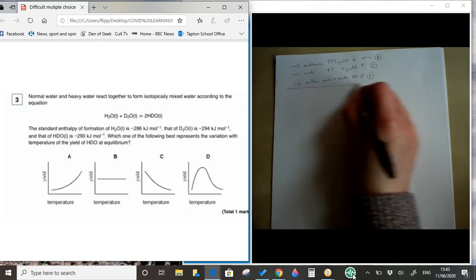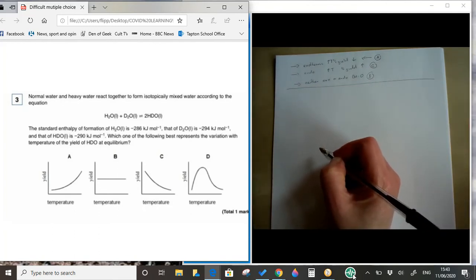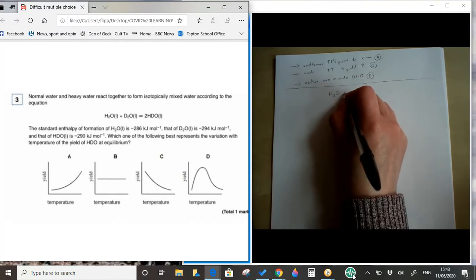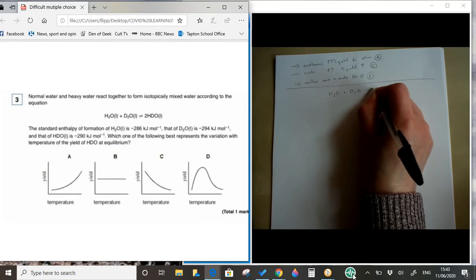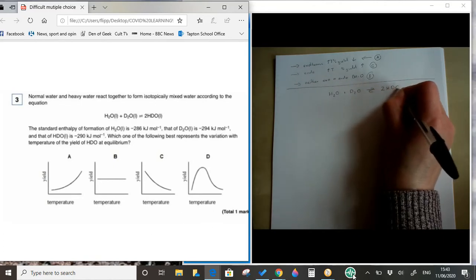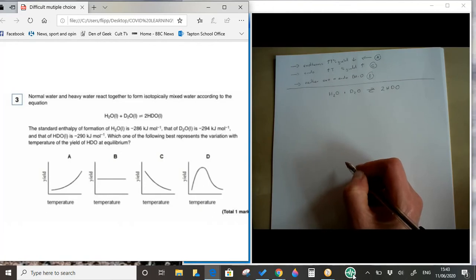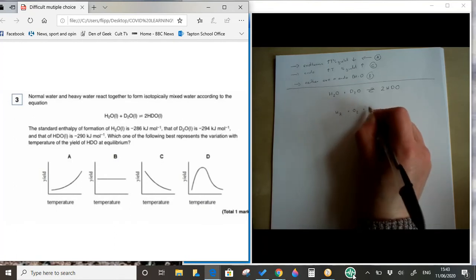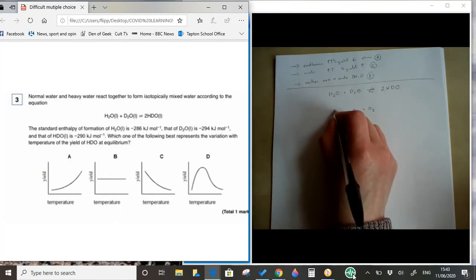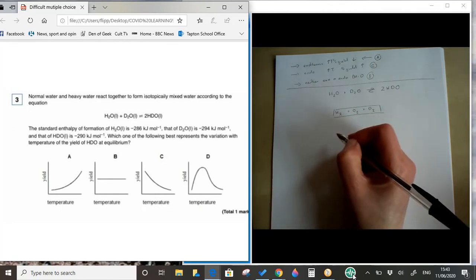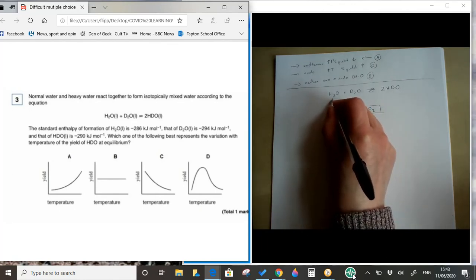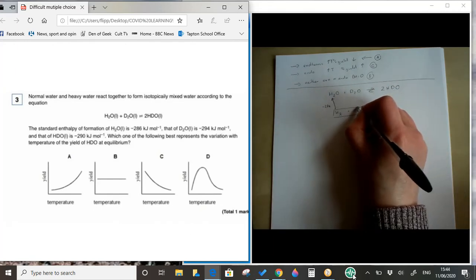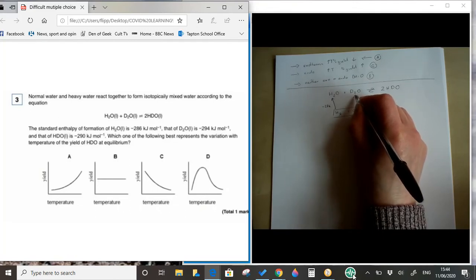So for that to be the case, delta H has got to be 0. In order to work out which of these scenarios we've got, I've got to draw a Hess's diagram. So if I just write this out quickly. It's given me the standard enthalpy of formation, which goes from the elements. So we've got H2, O2, and D2, and I'm just going to put that in a box. My standard enthalpy of formation of water is minus 286. It tells us the standard enthalpy of heavy water, which is D2O, is minus